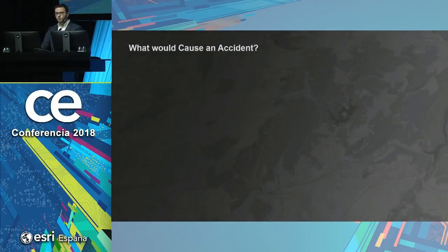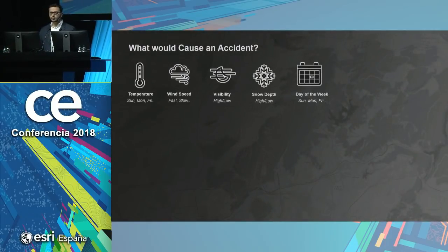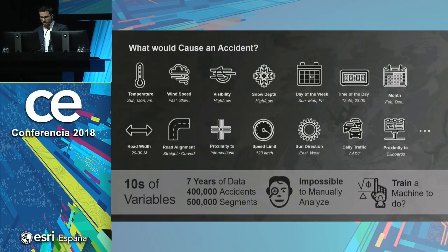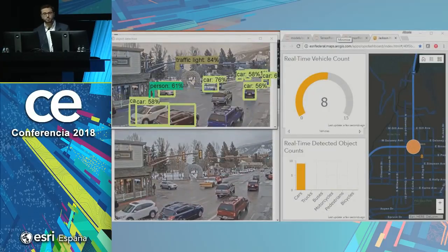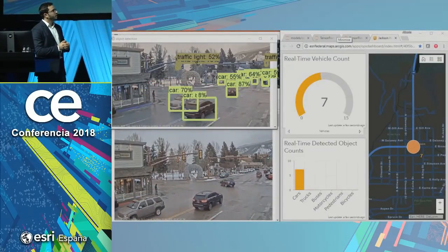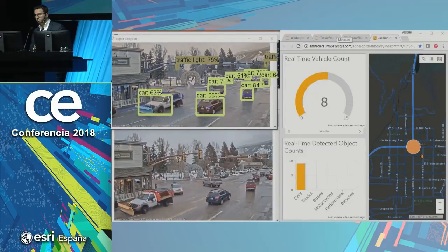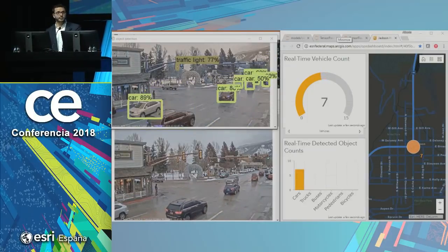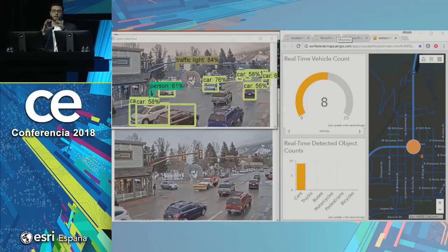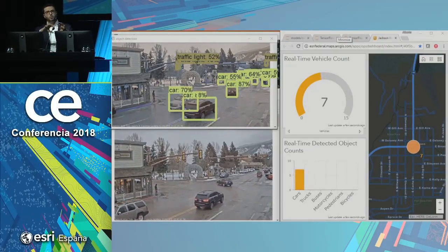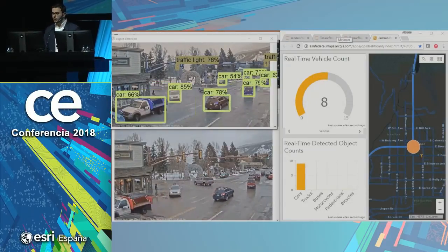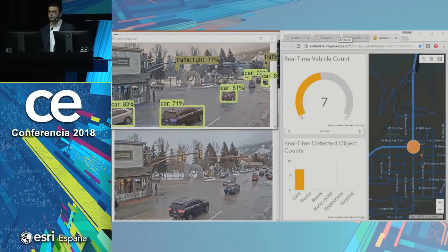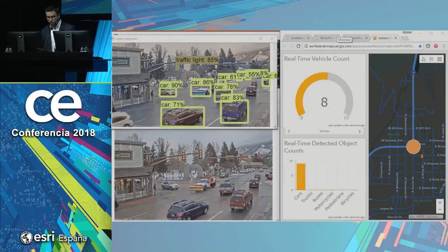And maybe we want to talk about deep learning. We have mentioned at the beginning that deep learning is becoming extremely powerful in computer vision. So we have used this in detecting some interesting things related to transportation. Here we are detecting different kinds of cars or vehicles, like cars, buses, motorcycles, pedestrians, in real time using convolutional neural networks, which is a technique of deep learning. And through the Python API, we are integrating with operations dashboard to understand where are those objects happening in real time. These feeds are coming from CCTV cameras, and we want to understand some traffic patterns out there.